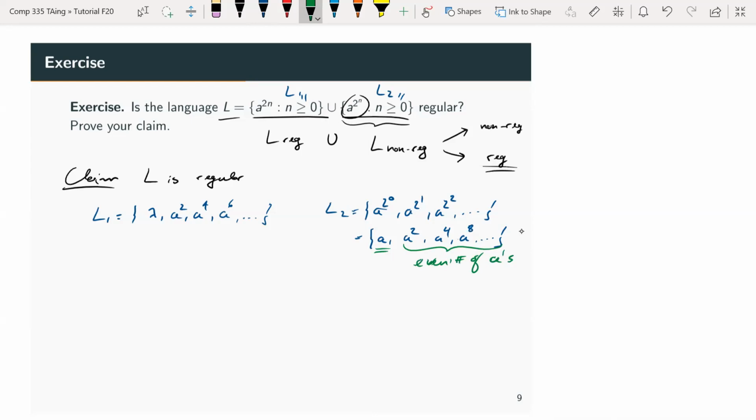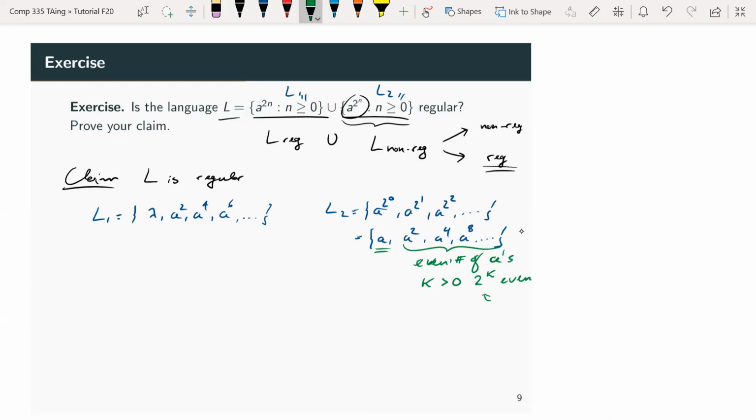Well, because for k greater than 0, 2 to the k is even, right? And so maybe let me quickly show you why that's true, because if k is strictly greater than 0,